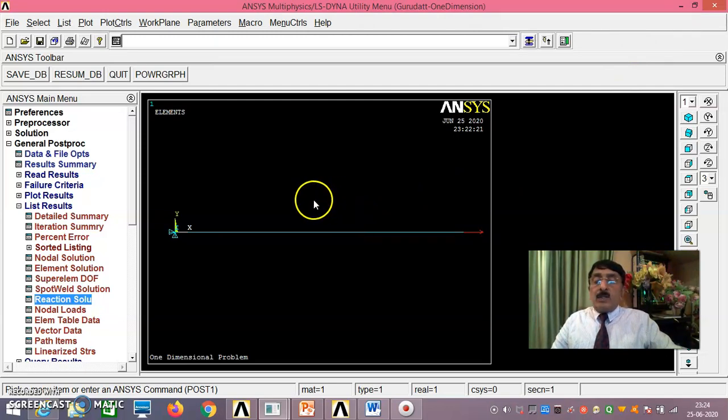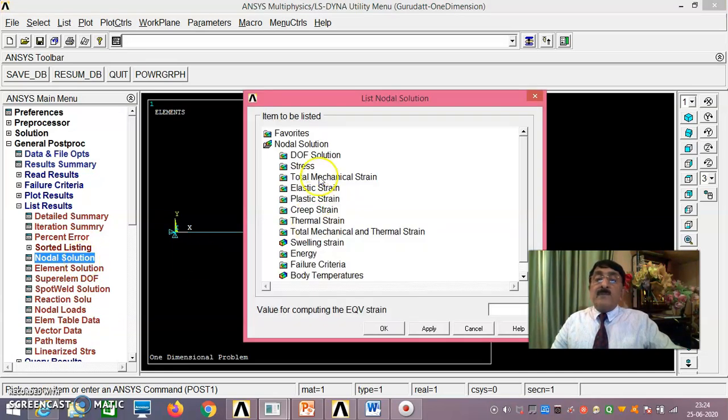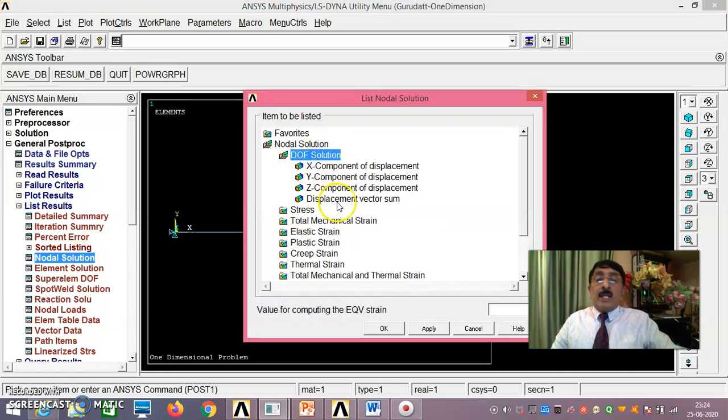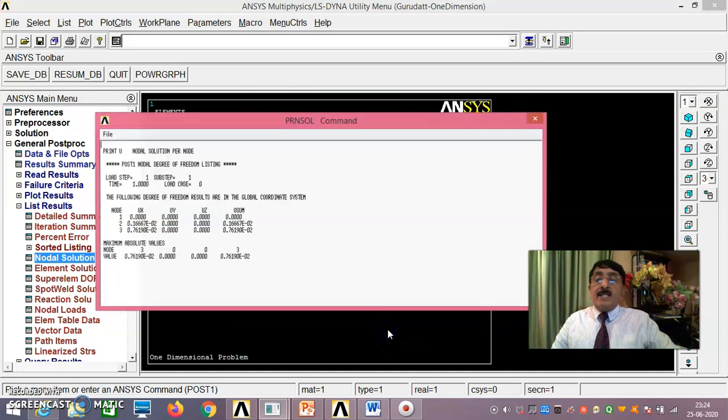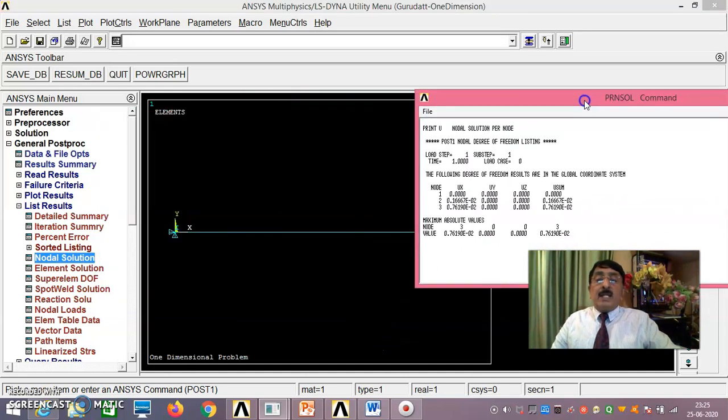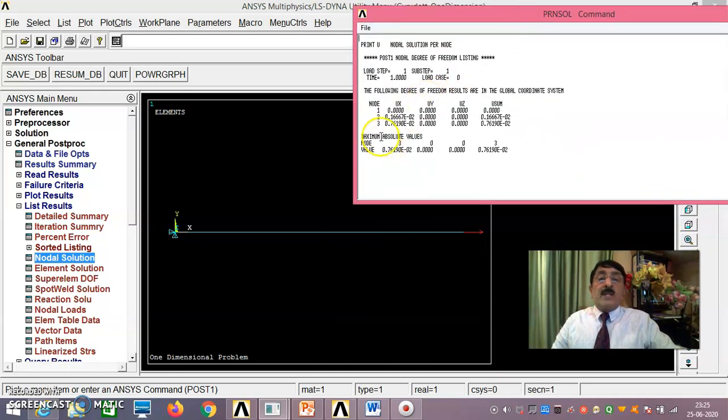Now, as per the problem, you have to find displacements. You see here, nodal solution, DOF solution, displacement vector sum, and just say okay. Now if you do displacement vector sum, at node 1 it is 0, 0, 0. At node 2, 0.1667 into 10 to the power of minus 2, which is the same as what you got by our theoretical method. Let me see which is node 2 also, plot